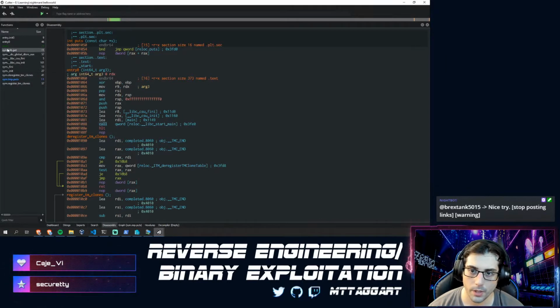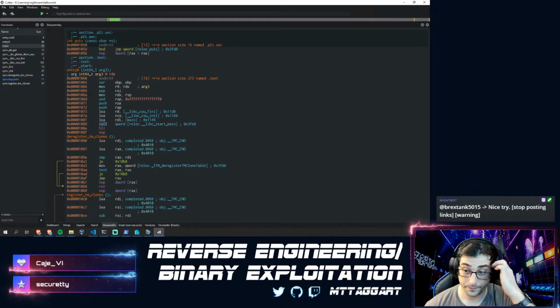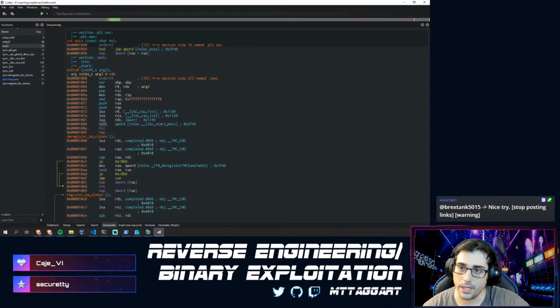Oh, that's so cool. Cutter also has a decompiler, which we'll get to in a second. We'll see how that goes. But with the puts function, what do